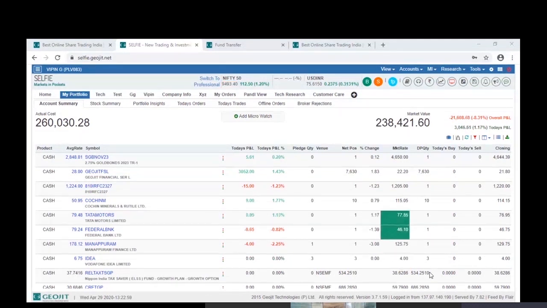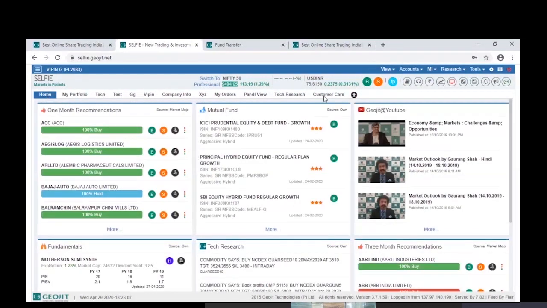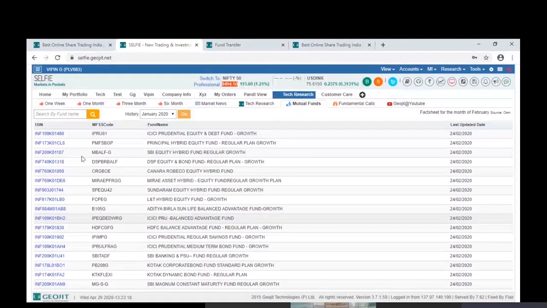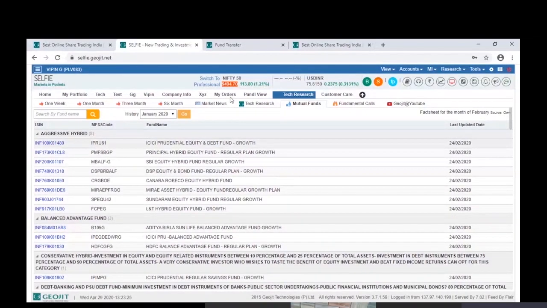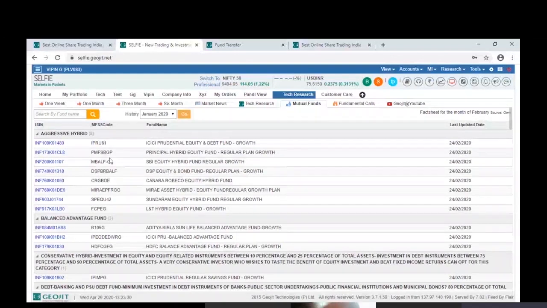How to buy mutual funds was another question. On the earlier page, I already mentioned that there is something called recommendations for mutual funds. Here it is actually the recommendation. If you click on more, you can see the full recommendations which have been made by Geojit. It is up to you to decide whether to go through the recommendation given by Geojit, or to choose your own mutual funds. This is the way in which you can go on purchasing if you want to go through the recommendation.